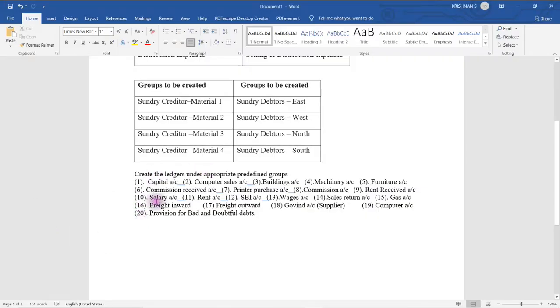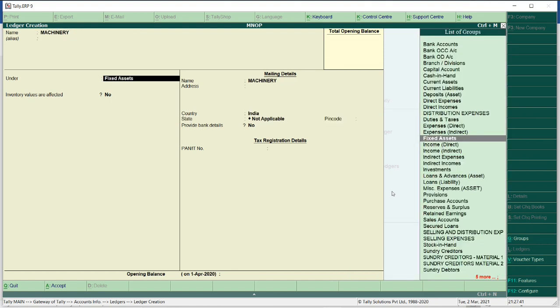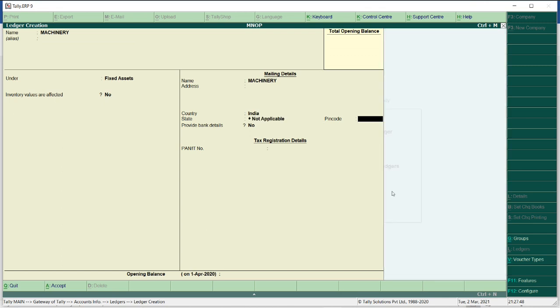Then buildings, machinery, furniture come under the fixed assets. So buildings, machinery, fixed assets.